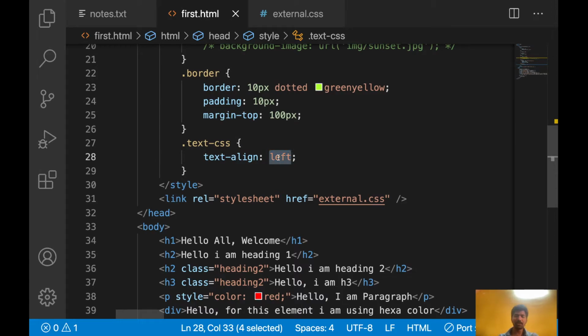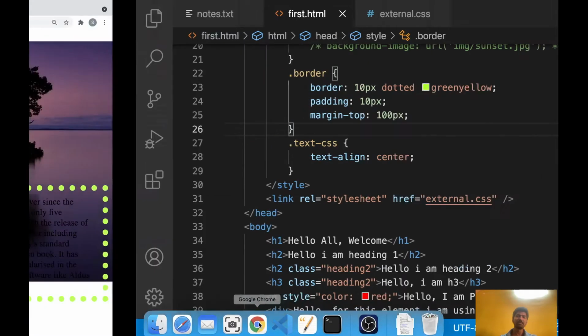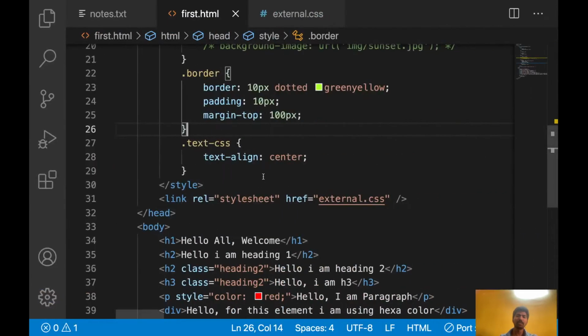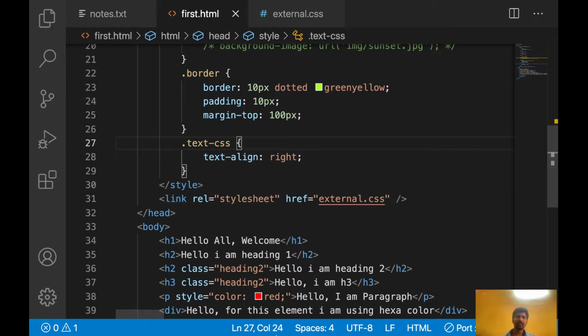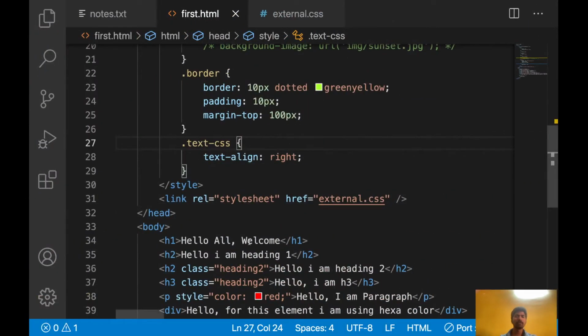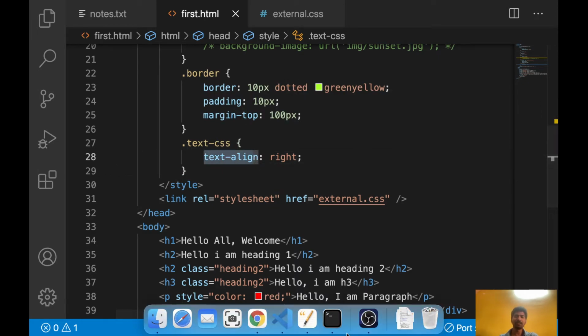Instead of left you give center, text-align center. Now let's see, it is coming in the center of the element. Now I want to give right side, then we can use text-align right. Okay, save it. See, the right side is coming. So like that you can align the text left, right and center by using this text-align.